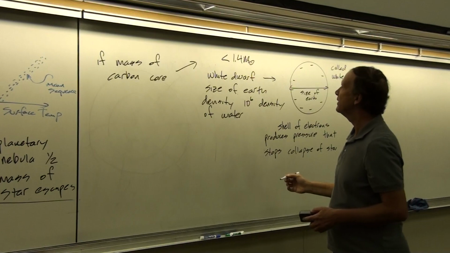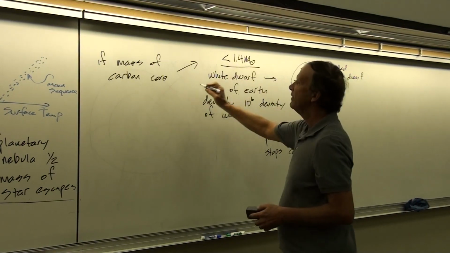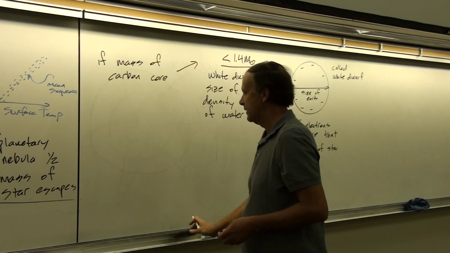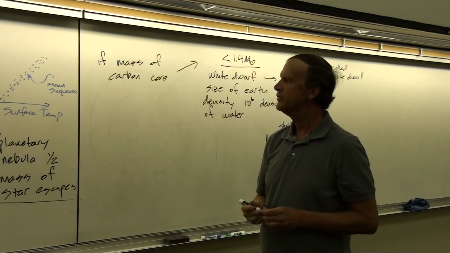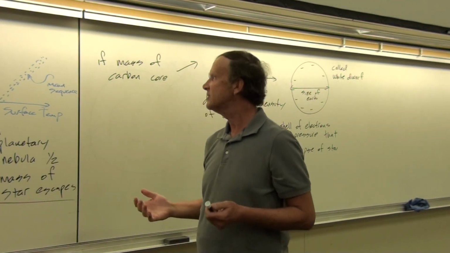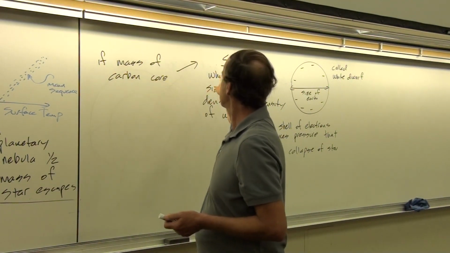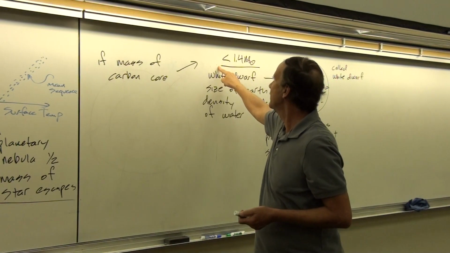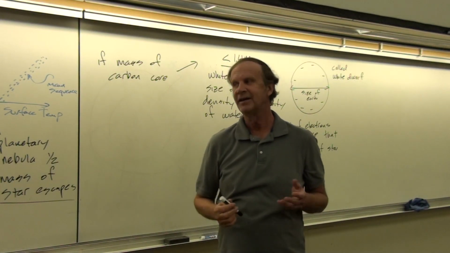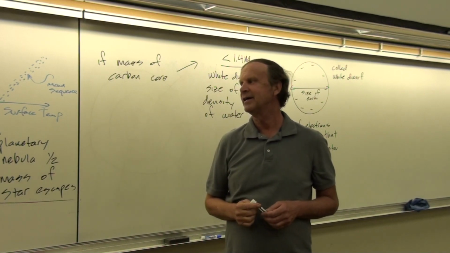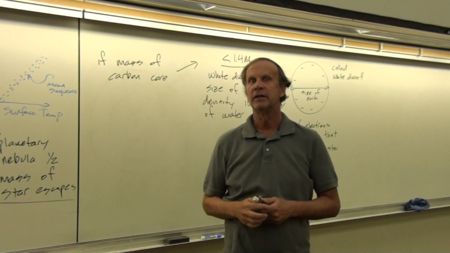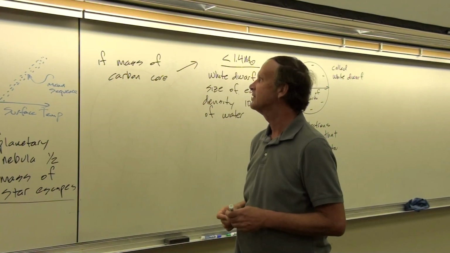And so this is what we expect to happen if the mass of the carbon core is less than 1.4 times the mass of our sun. So if that's the case, it means it doesn't explode. The most exciting thing that'll happen to a star like our own sun, which of course is less than 1.4 times the mass of itself, is that there will be a huge red giant stage, and that'll engulf the inner planets. And so that'll be pretty exciting.